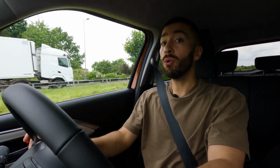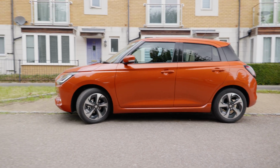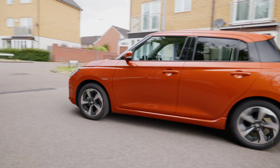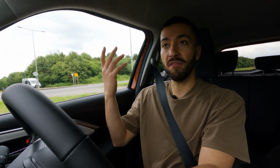It feels actually quite enjoyable to change gear. What feels really different from the old car is to do with the mild hybrid setup. Not only does it give you a nice smooth delivery away from a standing start, so it makes it easier, for example, to not actually stall the car because you've got a nice helpful shove of electric, but it also